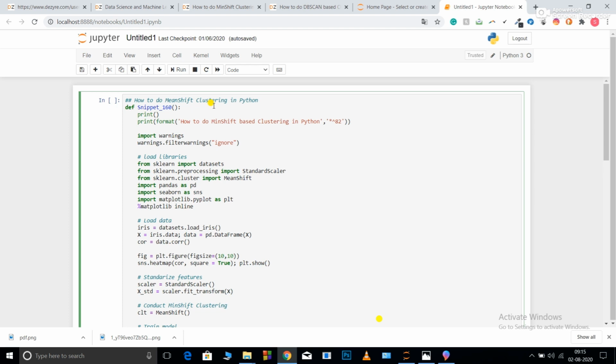So basically, we are differentiating the data set based on different methods. For example, sometimes we use density functions, where we try to differentiate based on clusters, how closely these data points are related. Now, I have already made a video of k-means clustering.